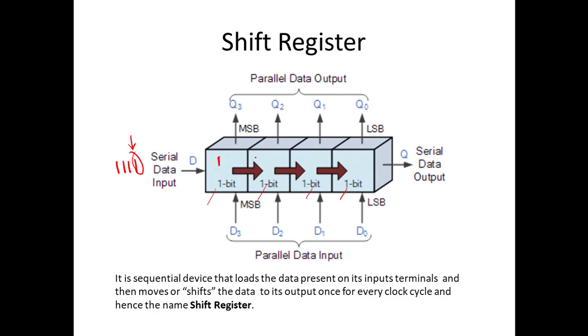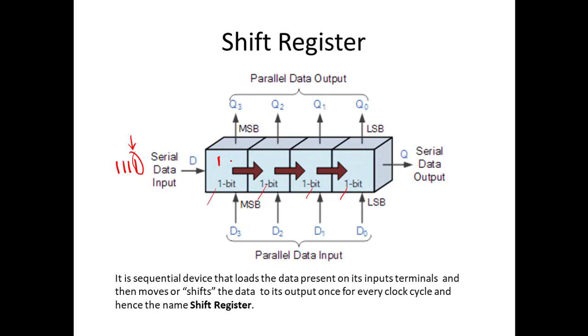D flip-flop is otherwise said to be delay flip-flop. Why are we using D flip-flop? D flip-flop is the only flip-flop which won't change the content. It will delay the given content and then give you the output. Whatever input we are giving, it will delay for a certain amount of time, as decided by the user. And the same thing you feed in the input, you will be getting at the output. Hence it is said to be a delay flip-flop.